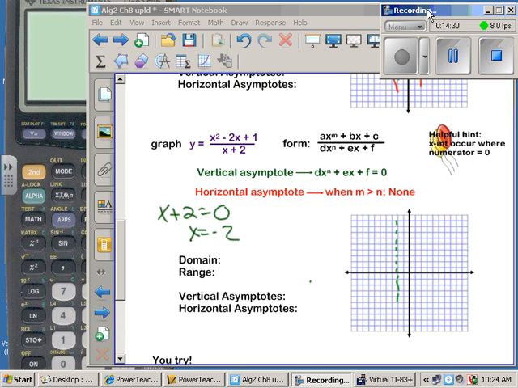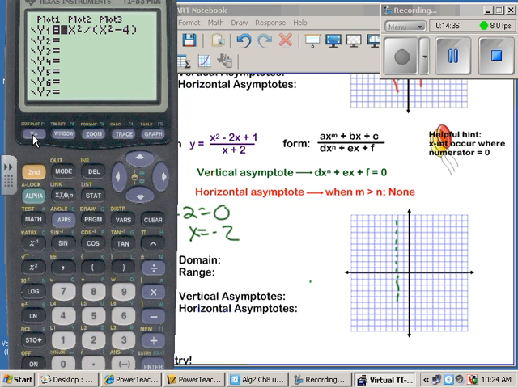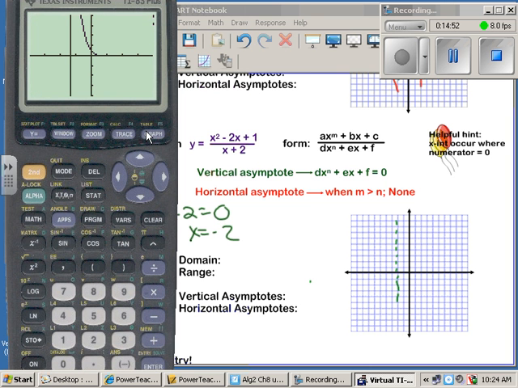All right, so let's look at what that graph looks like. So I'm going to do x squared minus 2x plus 1 divided by x plus 2. Graph it. Oh, I didn't set the